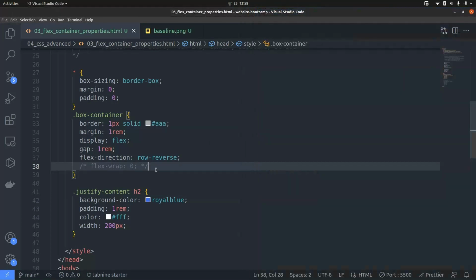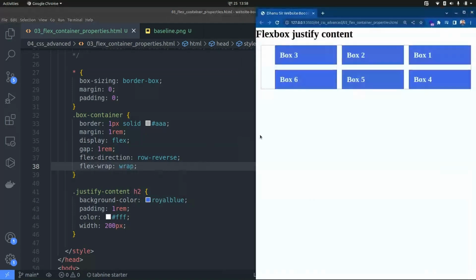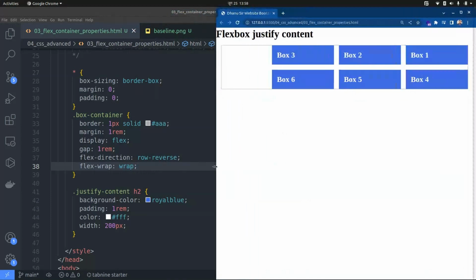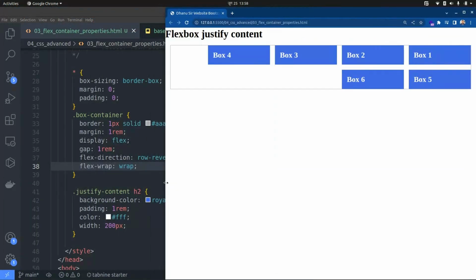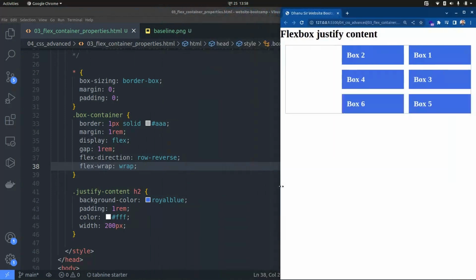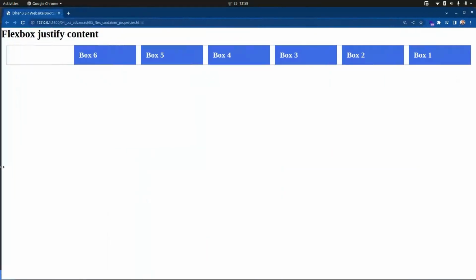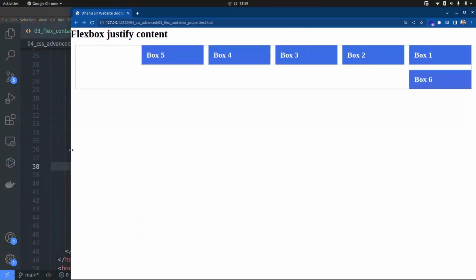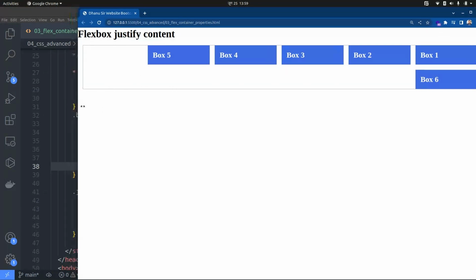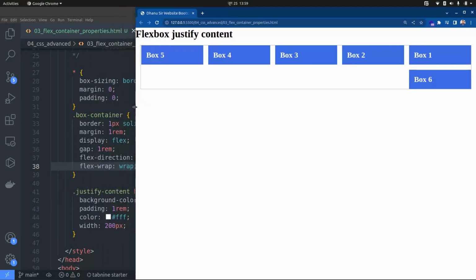So if I do flex wrap as wrap and then save it, all the items will be visible, but they will be wrapped. Here you can see. As soon as I squeeze my browser, you can see that particular item can't fit in the whole horizontal row, so it goes into the second row now. Similarly, if I go down more,